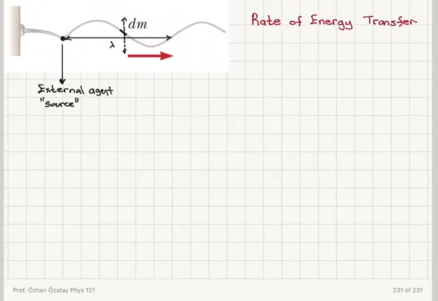So how can I write the kinetic energy of this component of the string which has mass